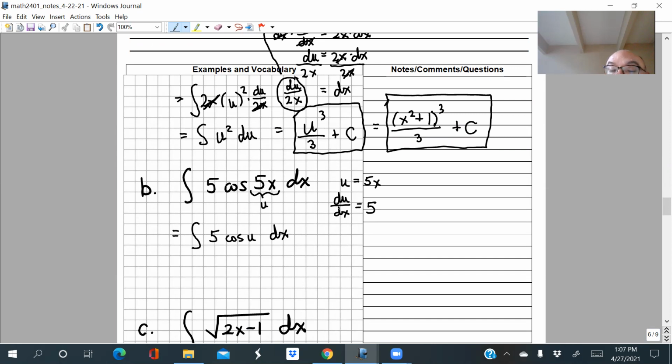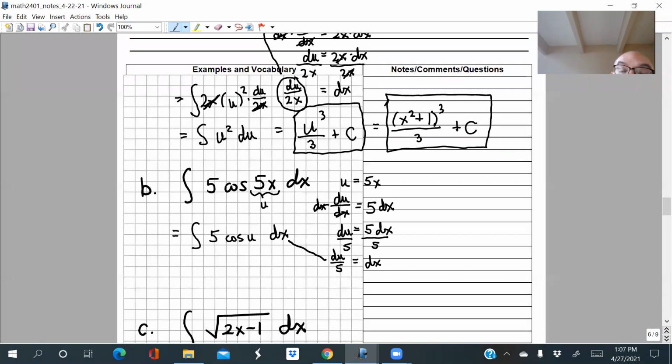Now solve this equation for dx. Treat dx like you can separate it from du and solve this equation. This is where the old-fashioned notation really turns out to be useful. So how do I do that? Multiply both sides by dx. That's how you would start. These dx's will cancel, and so you have du is equal to 5 times dx, but I really don't care what du is. I want to solve for dx. So now divide both sides by 5, so you get dx is equal to du over 5.